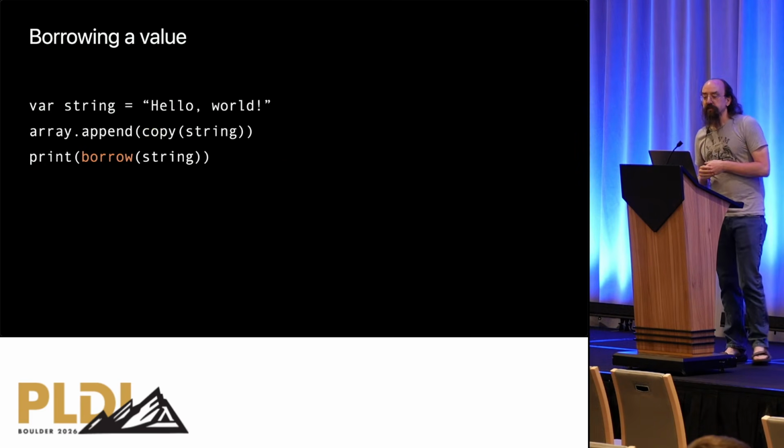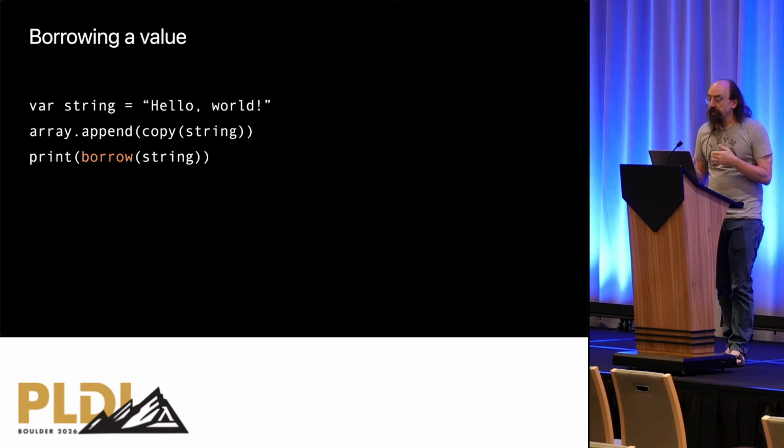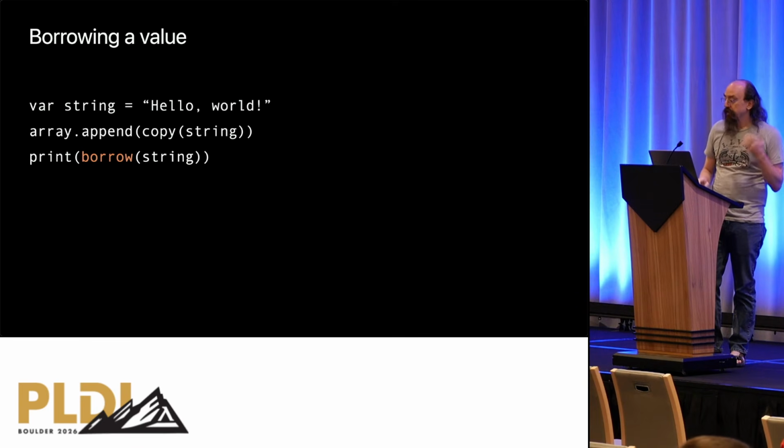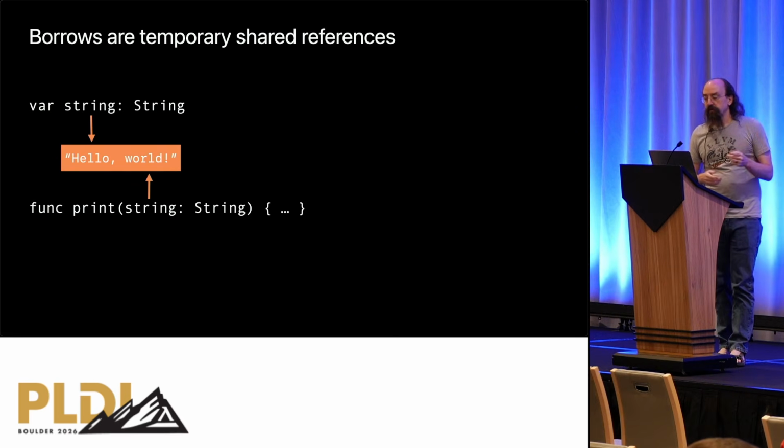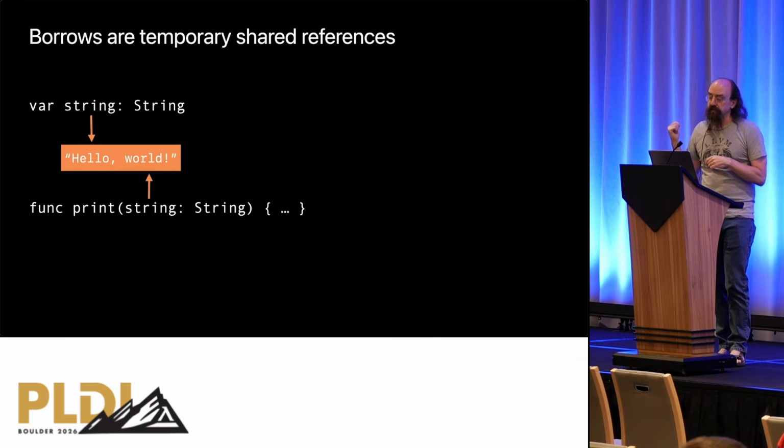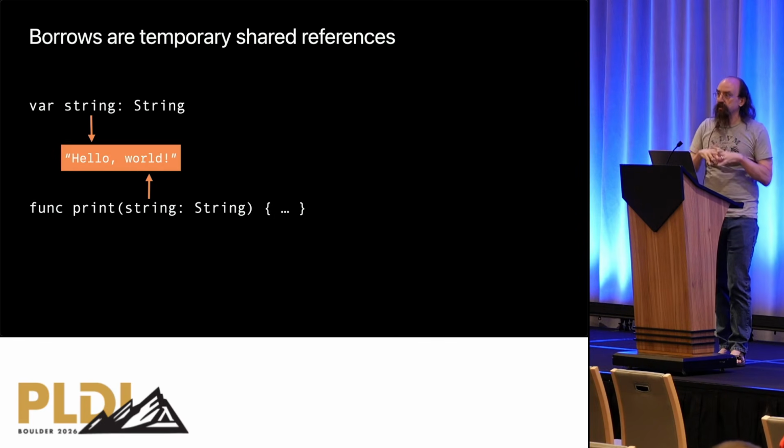Borrowing a value means using it temporarily without taking away the ownership of the original location. So this is our other option. Borrowing is a powerful way to avoid copies, but it also has a really big restriction. When we borrow a value, we temporarily have two contexts referring to the same value. That runs the risk of recreating all the aliasing problems we were just solving with exclusivity. So in order to safely borrow, we have to ensure that the variable that we're borrowing from is immutable, at least temporarily, during the scope of the borrow.